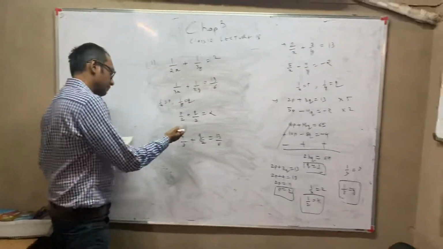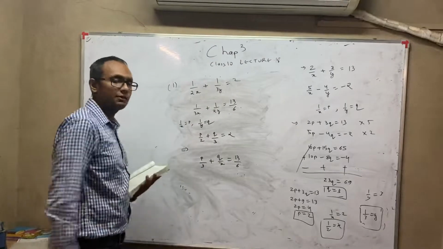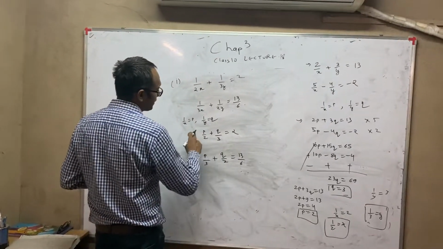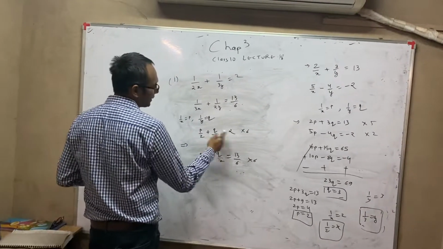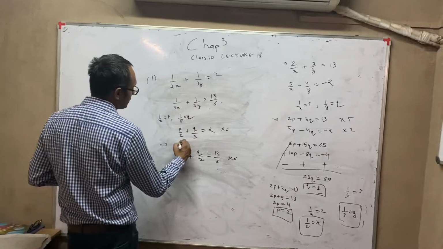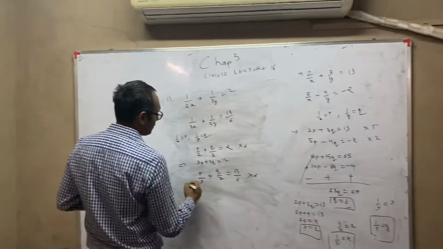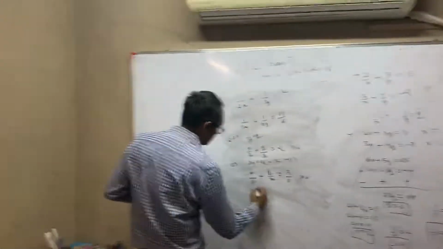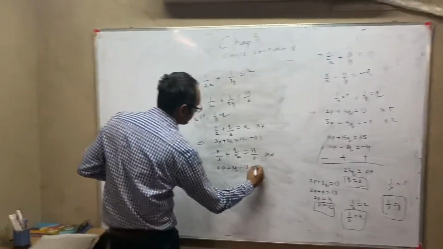Of course, as we know, now to make the sum easier, we can multiply it by the LCM throughout. So you will multiply these 3 terms by 6. When you multiply the whole thing by 6, this will become 3p plus 2q equal to 12. This will be my first equation, and this also if I multiply by 6, 2p plus 3q equal to 30.